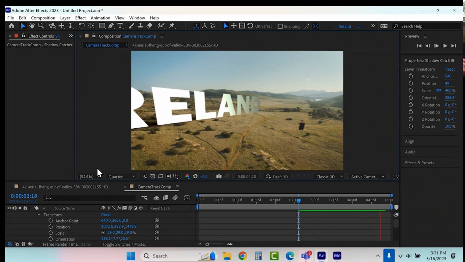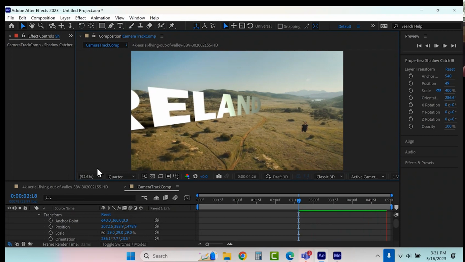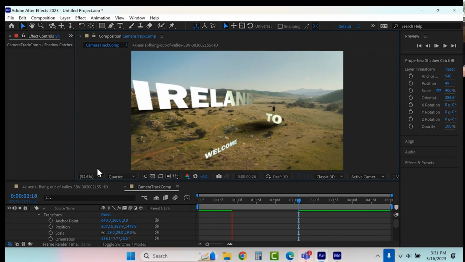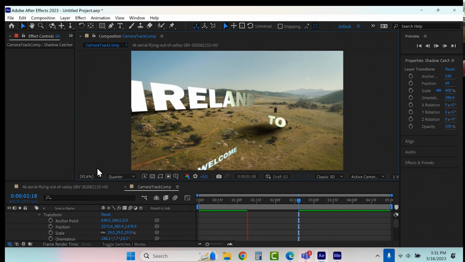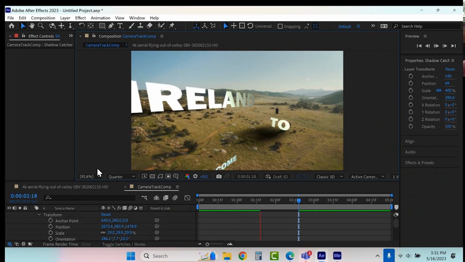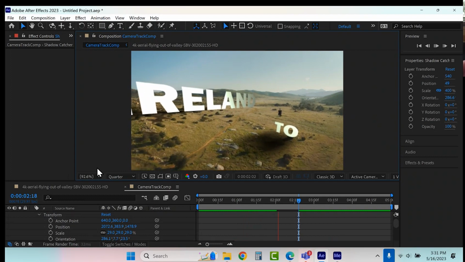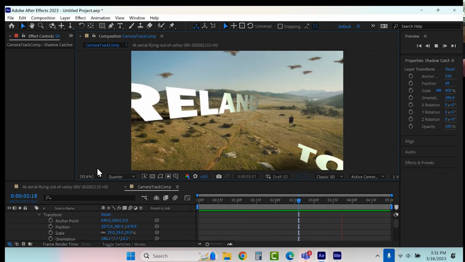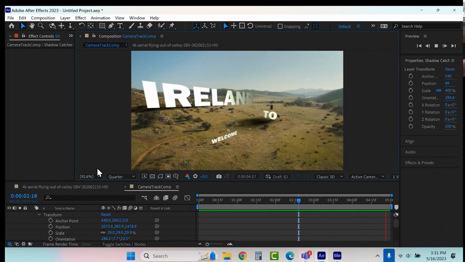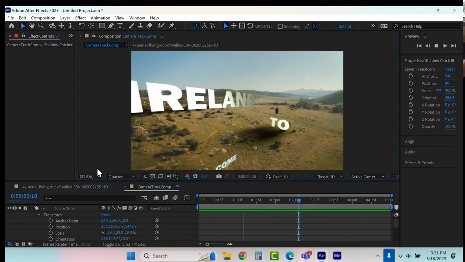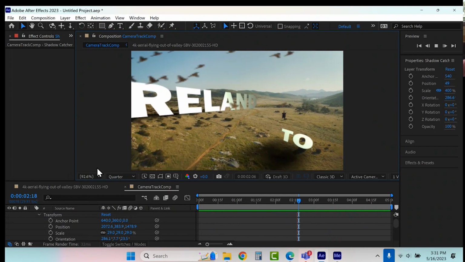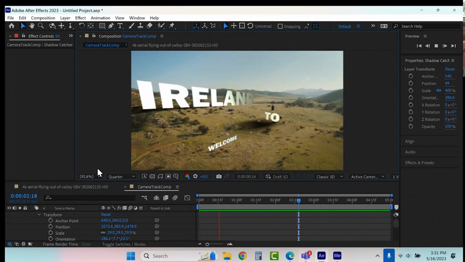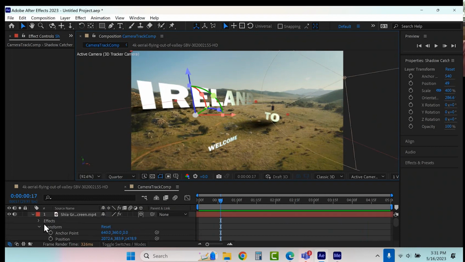And of course, then you could even add, like I say, depth of field to the camera based upon. Let's let this play through in real time. See, even the birds, because they're in front of the word Ireland, look like they fly past the word Ireland. Really neat stuff that we can do here with this.